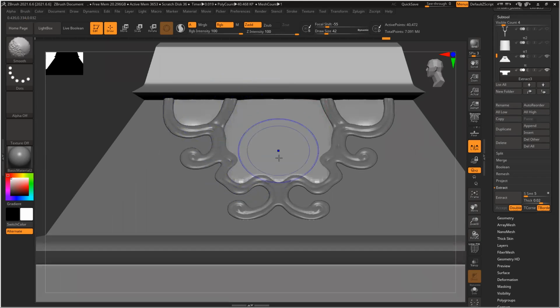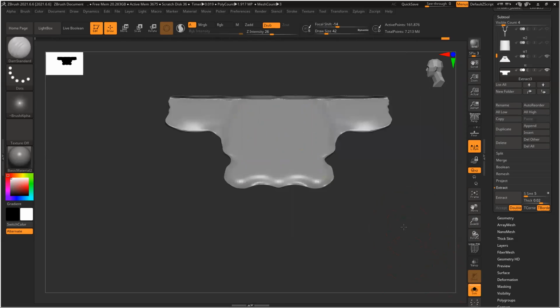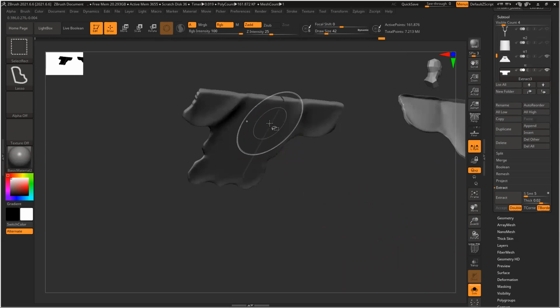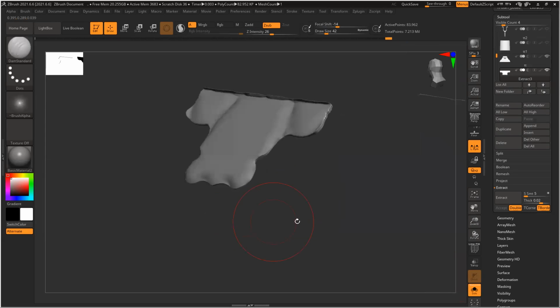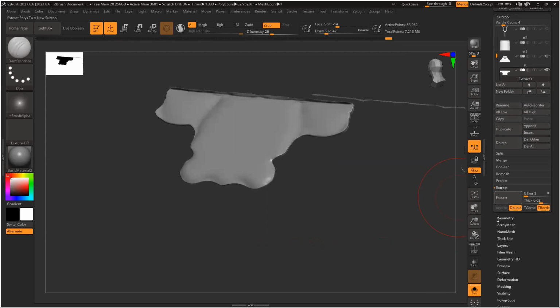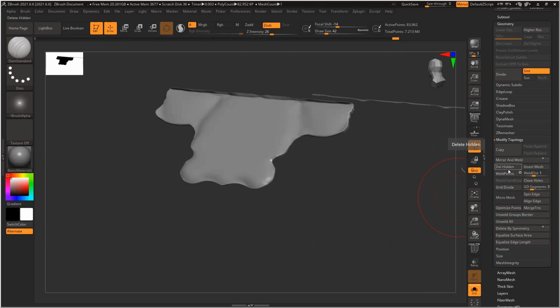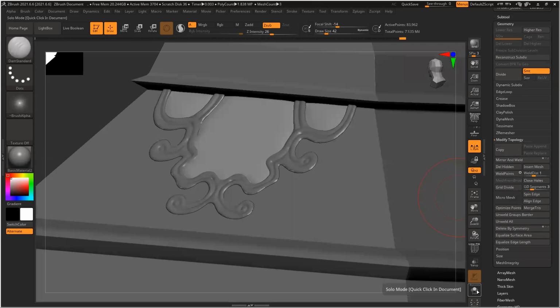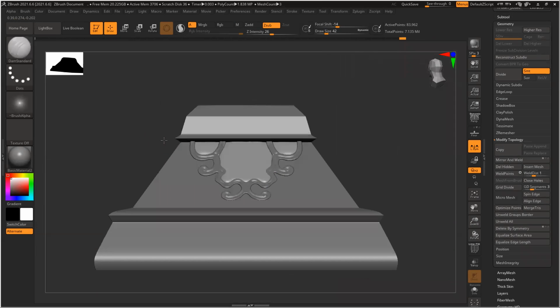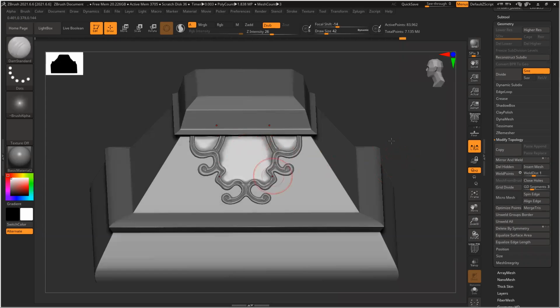Soften the surface, make it neat. Control T. Now Control Shift, click on this. Sorry, hide that backside, and make sure to delete any subdivision level you have. Then go to modify topology, delete hidden. If you have any subdivision level, it won't work. You have to delete the subdivision level, then only it will work. So now this thickness is created.